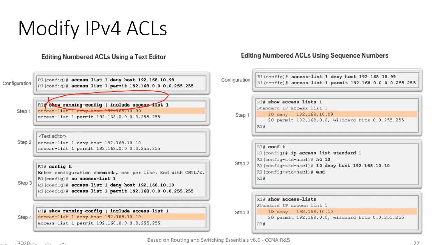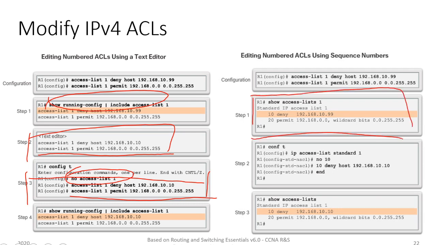Or we can say, especially when we are modifying and editing these rules, we can do it like that. So we copy all the rules that we have, make whatever changes, and then we clear the existing rules and add the changed rules again newly. So what we do is we list the existing rules, copy them, and then edit them in our text editor externally, and then we can change them.